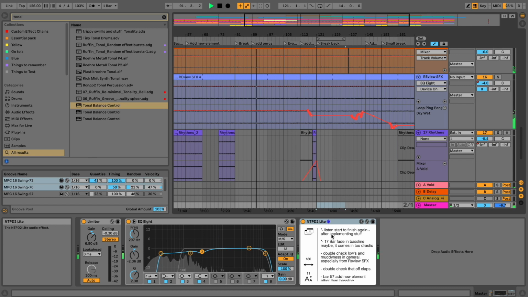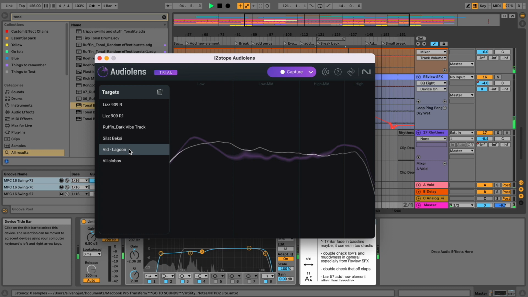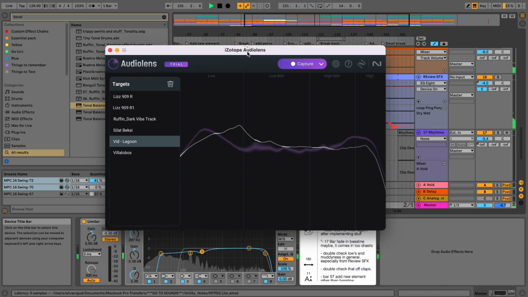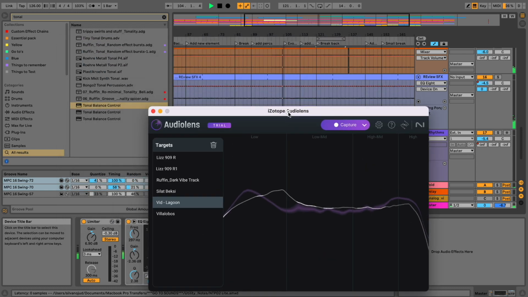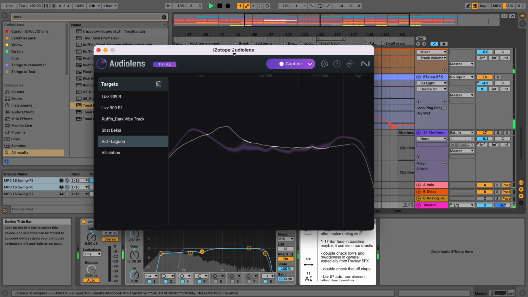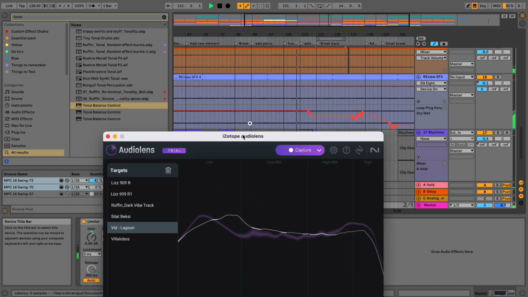Alright, so the first thing I did was really to pull up Audio Lens. It's a freeware tool actually, and you can draw a target curve from any sound your computer can play back. So this means also from previews from vinyl records and whatnot, and from Bandcamp, basically any sound source that you can play on your computer you can draw a reference from, right? And I drew a couple of target curves here from Pexi, Wit, Villalobos, and the interesting thing is